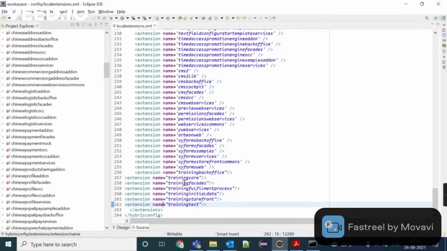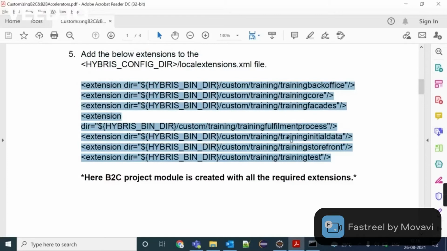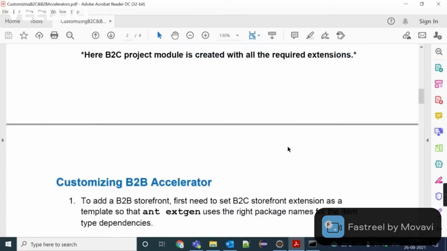Here we have added all created extensions. Okay, let's move to the next step. So here B2C project model is created with all these required extensions. Now let's move to the B2B accelerator.